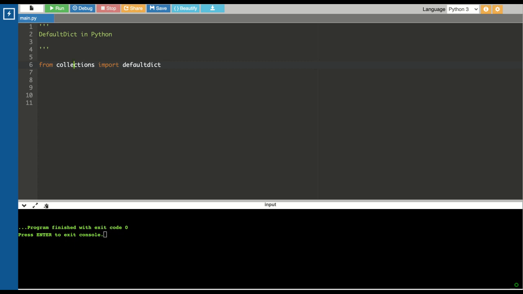So how does defaultdict come into the picture? It handles both situations very easily. For the first condition, where it was overriding the previous value, in a default dictionary we can assign multiple values to the same key, which was not possible in normal dictionaries. And in defaultdict, it returns a default value when the key is not available. So it saves us from the key error.